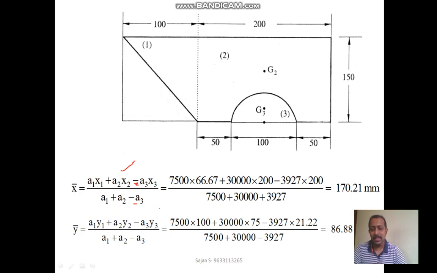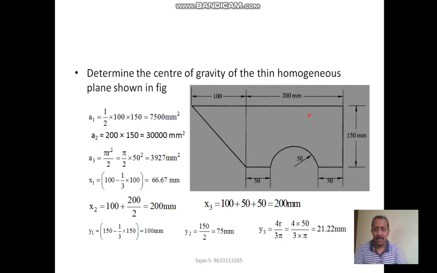Okay, so next we have to find out area 1, area 2, area 3, x1, x2, x3, y1, y2 and y3. For that we divided the shape into 3. That is, here it is 1, here it is 2, and the semicircular part is part 3. Okay, so area 1, right, a1 is